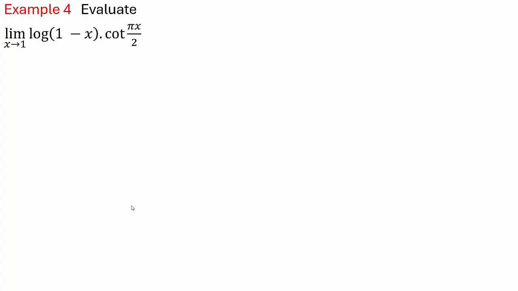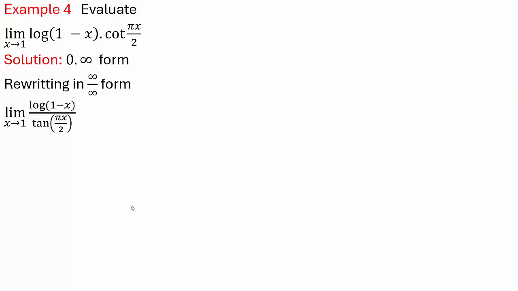Evaluate limit x tends to 1 of log of 1 minus x into cot of pi x by 2. It is 0 into infinity form, and hence rewriting it in the form of infinity by infinity, it can be written as limit x tends to 1 of log of 1 minus x divided by 1 upon cot of pi x by 2, which is tan of pi x by 2, and it is infinity by infinity form. Hence, applying L'Hospital rule,